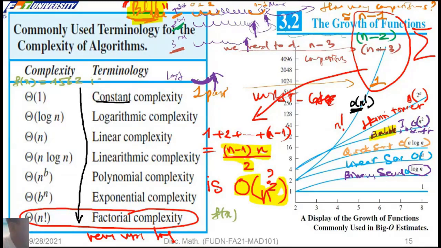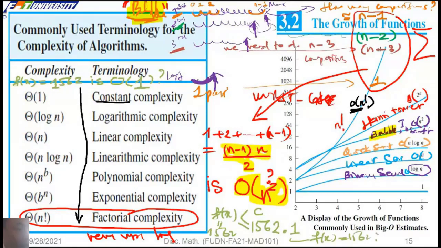What is the big O of f of n? The f of n is a constant here. It is O of 1, because we can take C, so we can say f of n is big O